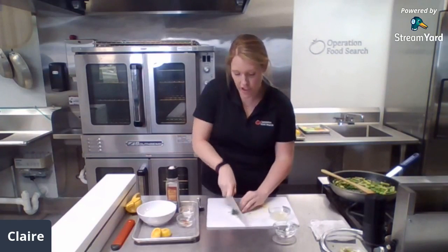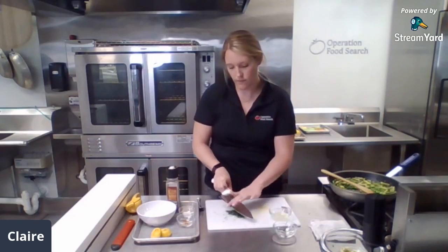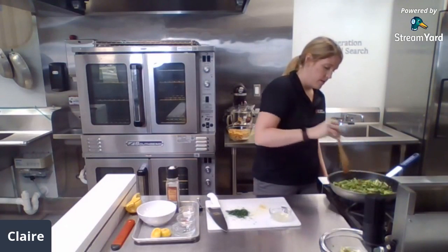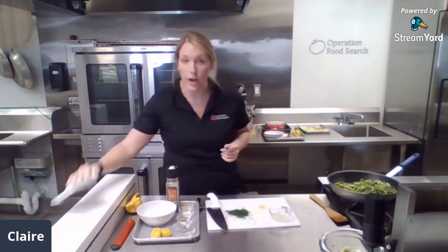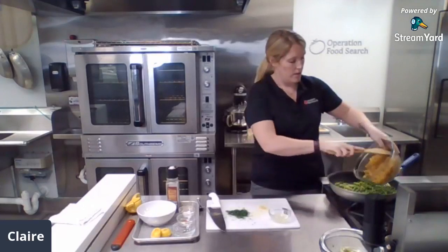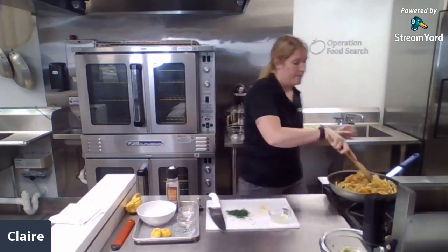Okay, I'm going to chop up my fresh dill, and you can use dried herbs too. Okay, so our asparagus is tender, our peas are warmed through, and we're going to finish up our recipe. So now that that's cooked, we're going to add in our cooked pasta. So I'm using a really fun new shape, but something short. Stir that